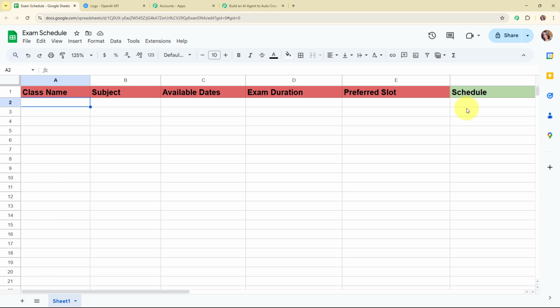So now, before connecting this Google Sheet with Pabbly Connect, I'm going to add a new detail in my Google Sheets. So let me add the detail. Alright, so here you can see I've successfully added a new detail over here, such as the class name, subject, available dates, exam duration and the preferred slot. Alright, so now after adding the details, I'm going to connect this Google Sheet with Pabbly Connect, and for that